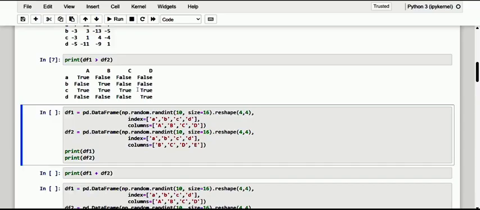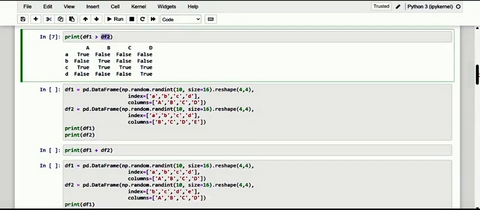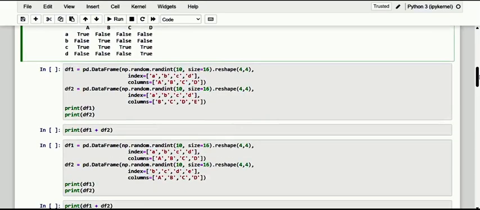In the end, the result is a data frame with the same dimension and the same structure as the two operands, data frame 1 and data frame 2. The corresponding elements are used in the arithmetic and Boolean expressions individually and then reported in the new resultant data frame.